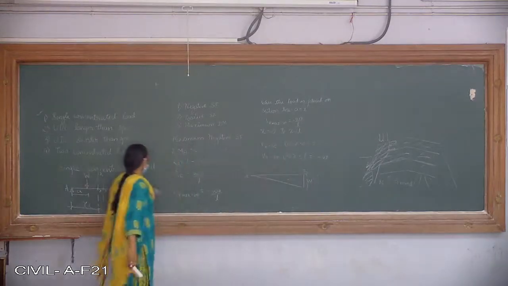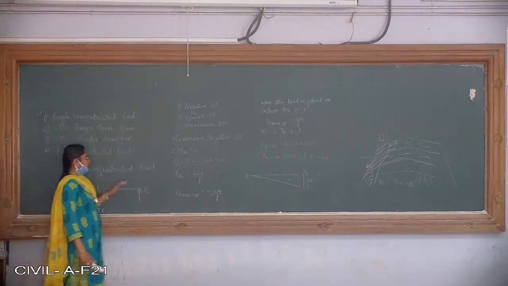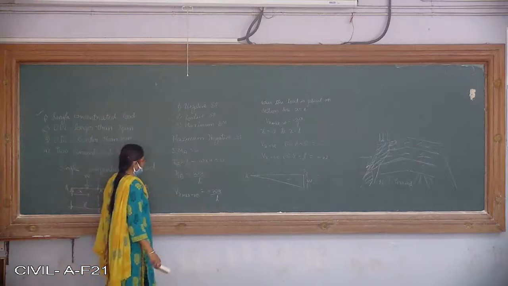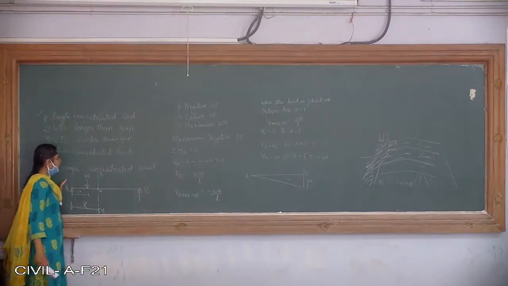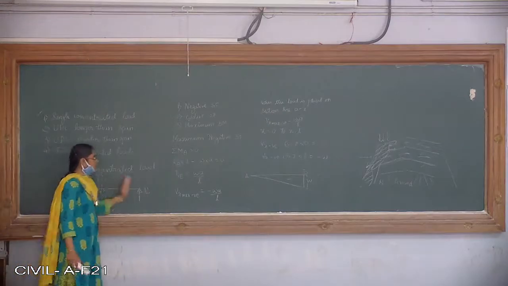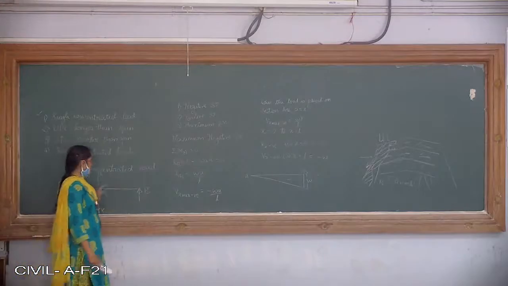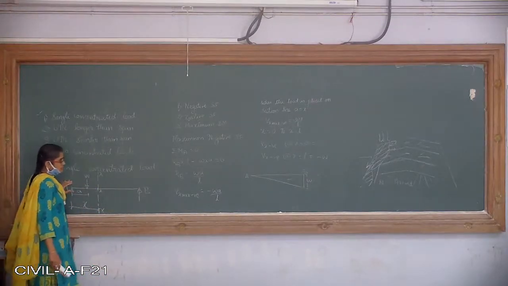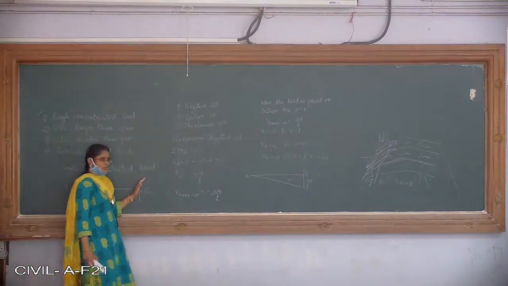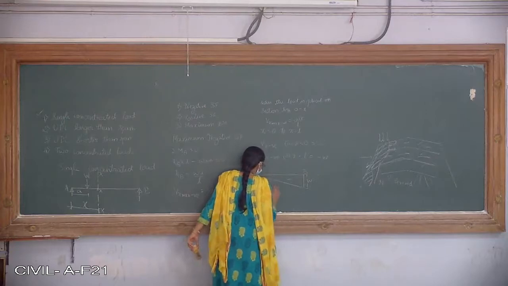So X equal to 0 is at X equal to A, that is when the load is at A, and X equal to L means when the load is at B. So you can see here, as the load moves from the end A to end B, the shear force at B is increasing. Okay, the shear force at A becomes 0 ultimately when it reaches B. Okay, so this is the negative shear force diagram.